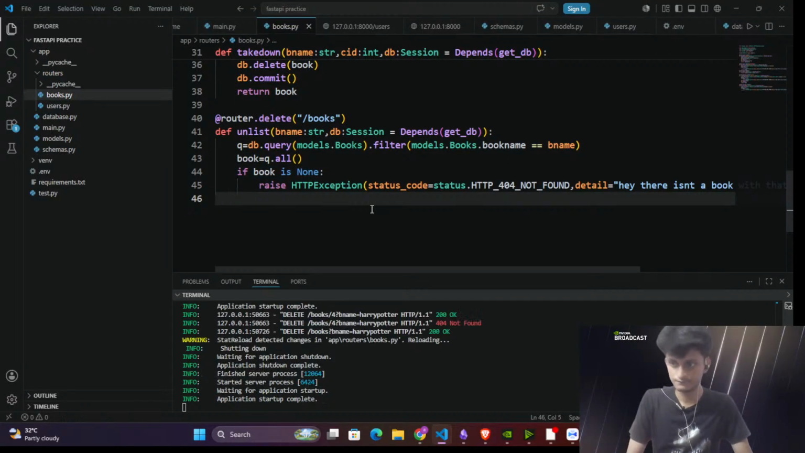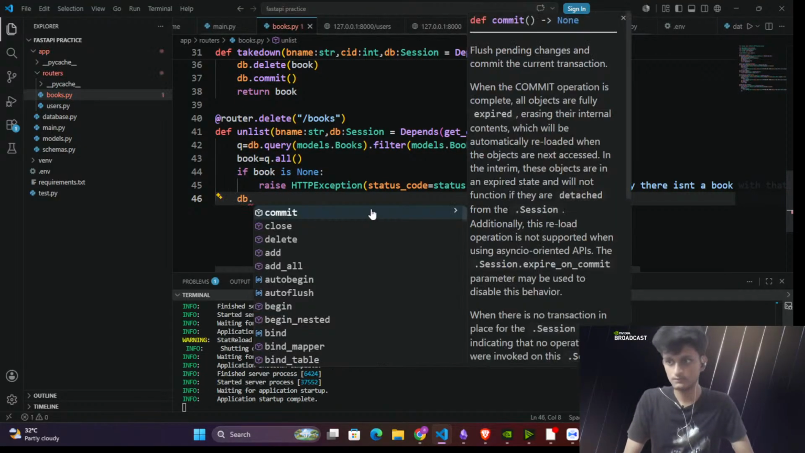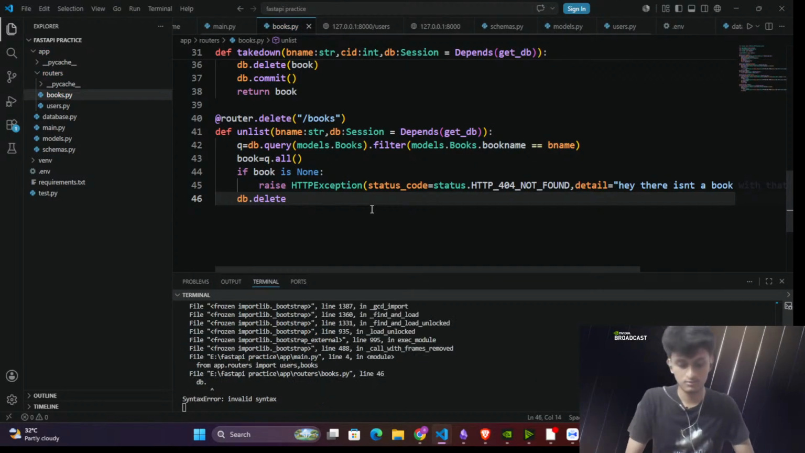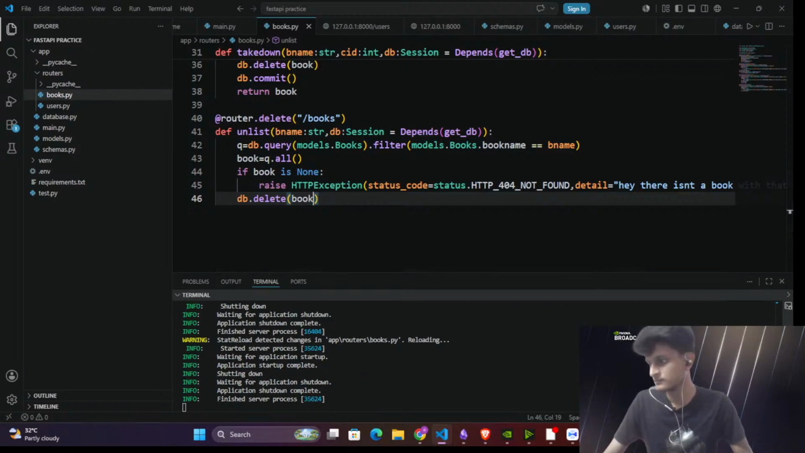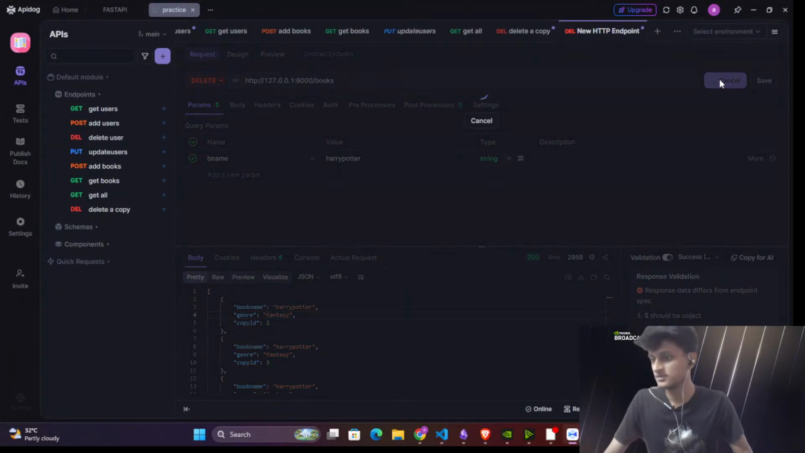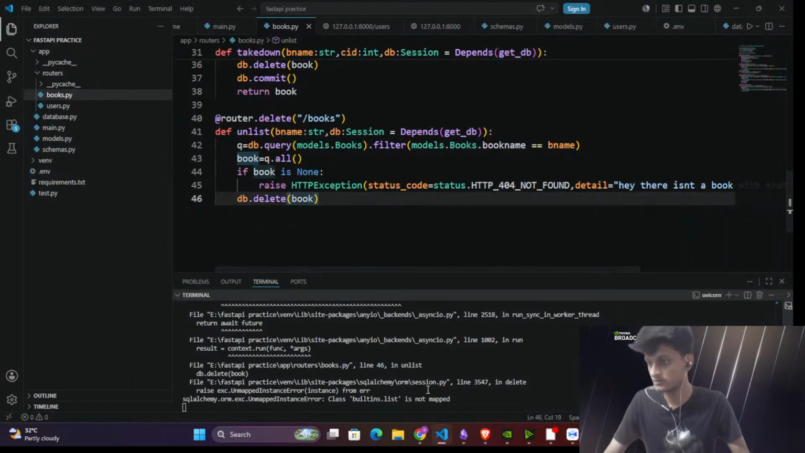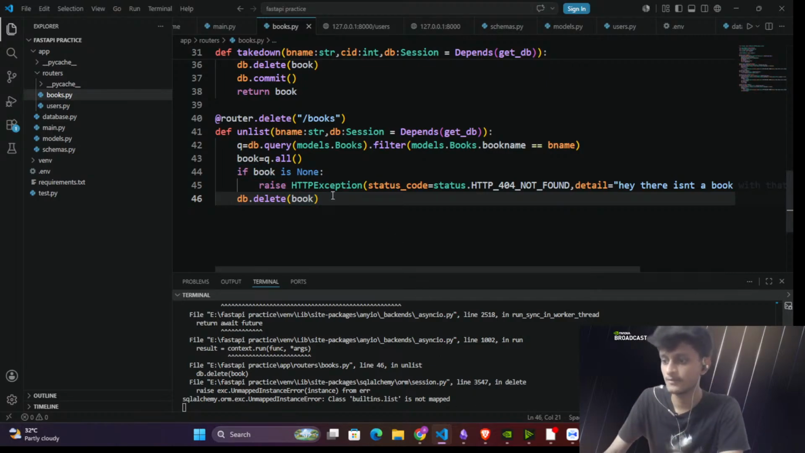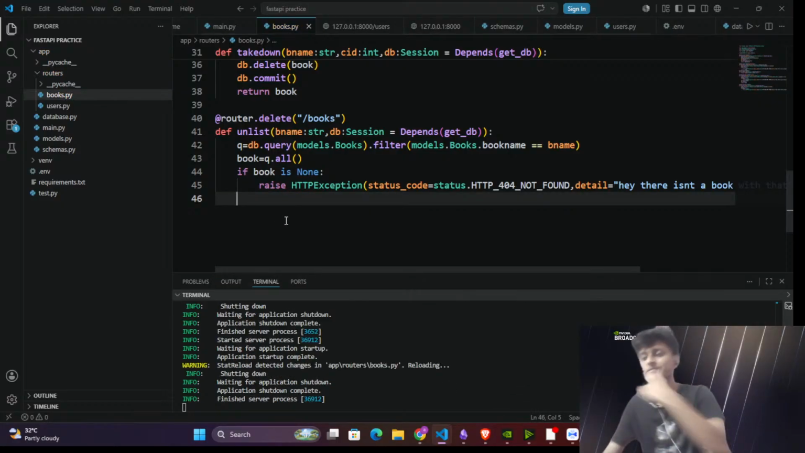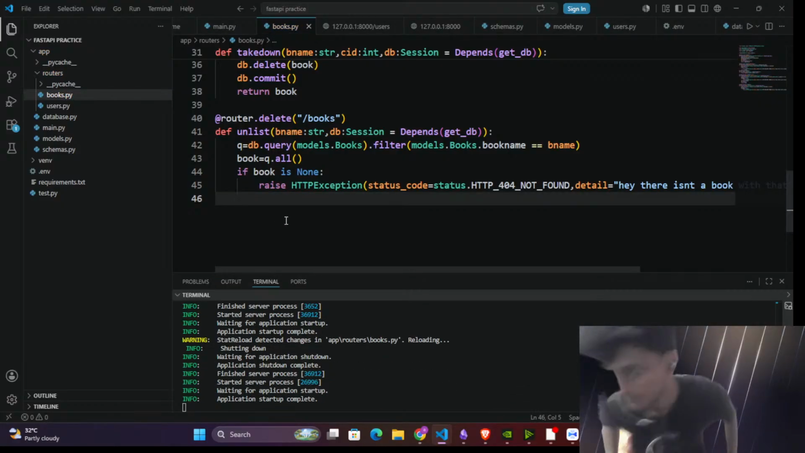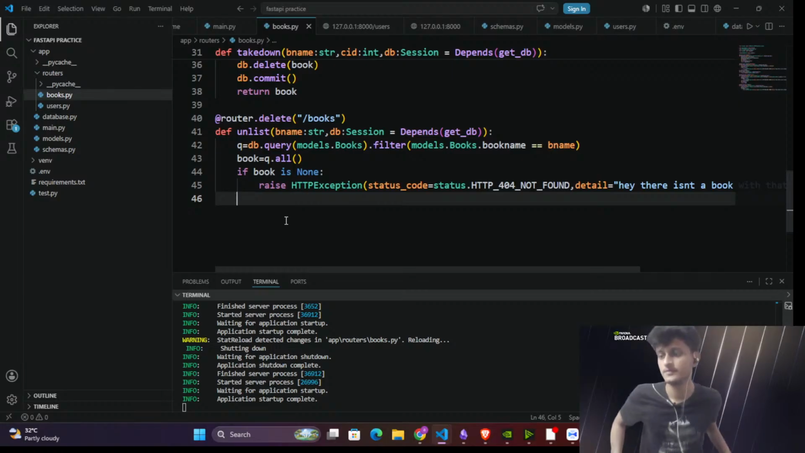db.delete book. Would that make any sense? It's not mapped. That's the thing. Okay, I get it. So I guess delete can only work with objects, objects or maybe